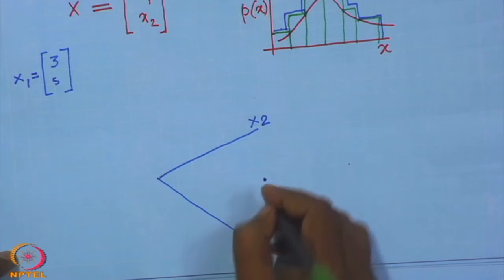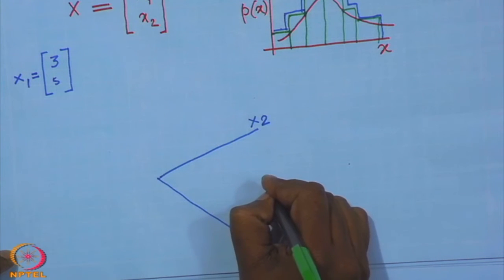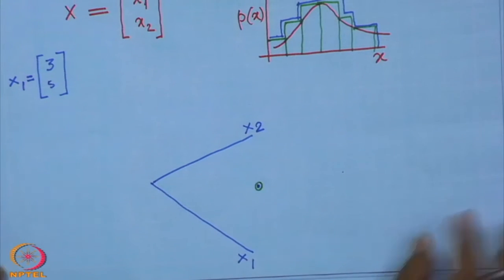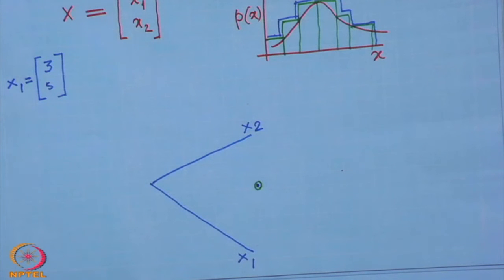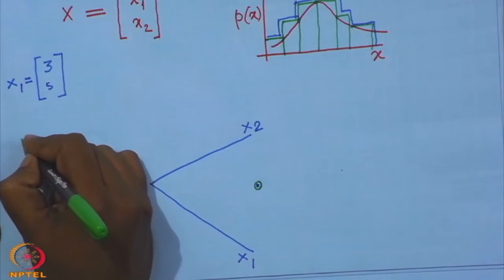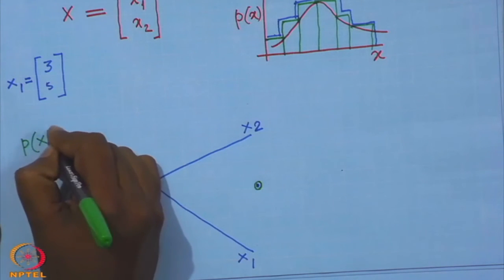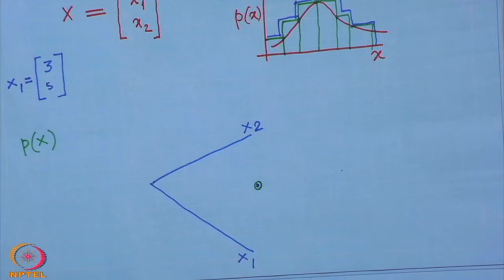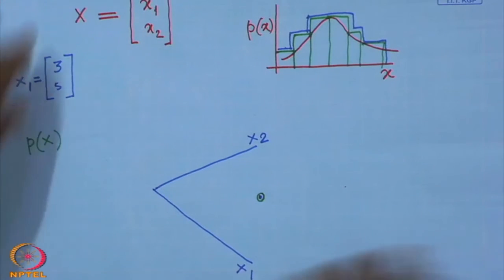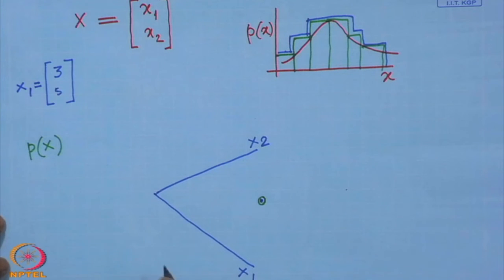So, this is my point 3 5. Every two dimensional vector is nothing but a point in this plane, which is defined by x 1 x 2. So, if I want to now find out what is p of x, that is the probability of vector x, then p of x will be